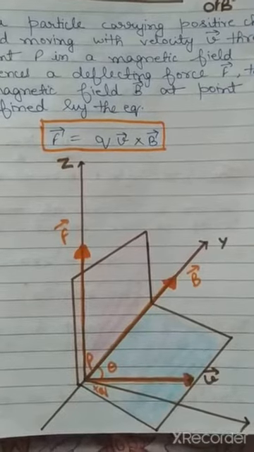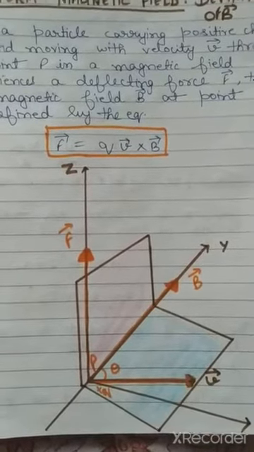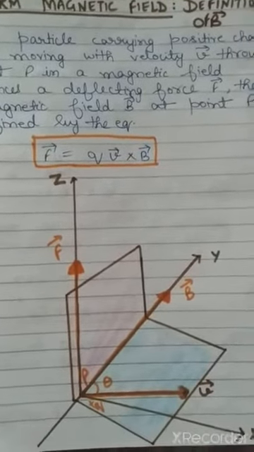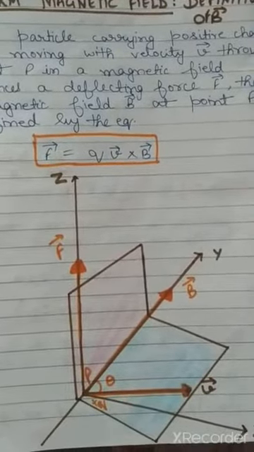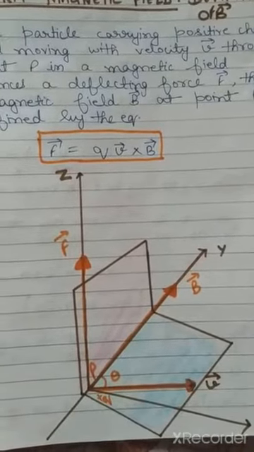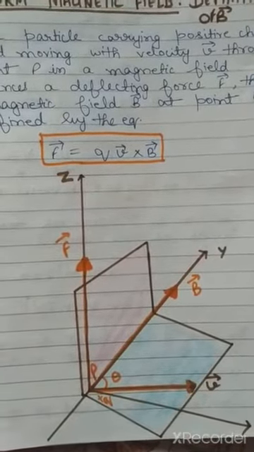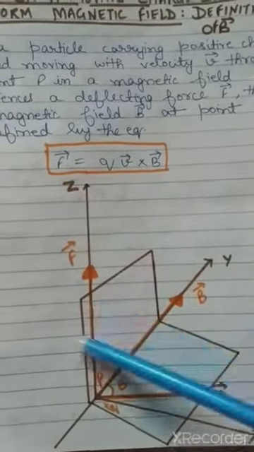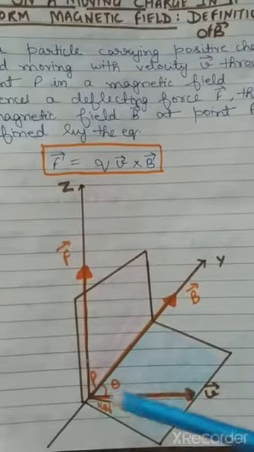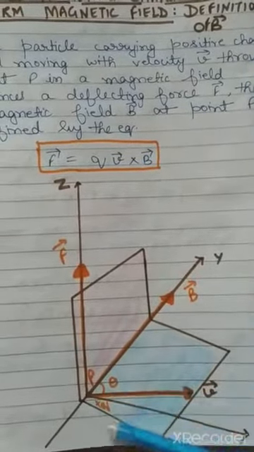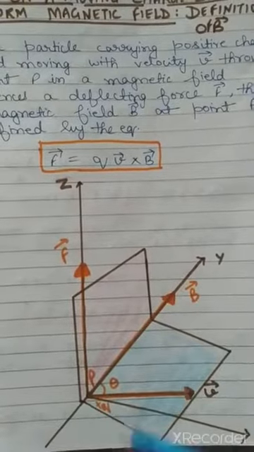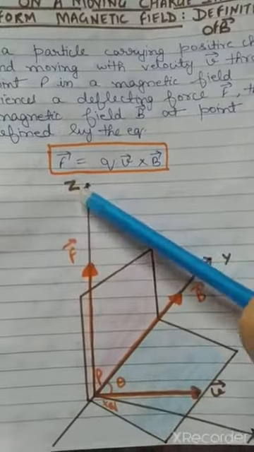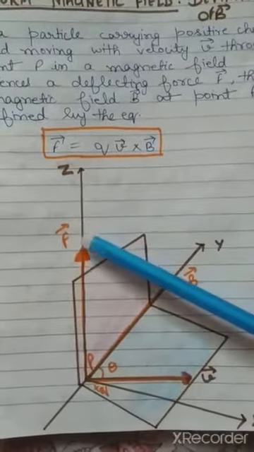Is it? By the vector product, you all have studied, I hope. In class 11 we studied scalar and vector products, and we found that the cross product of two vectors gives a third vector whose direction is perpendicular to the plane of the two vectors. So the direction of F will be perpendicular to the plane containing V and B. This is the plane containing V and B, the xy plane, so F will be in the z direction. Clear? So in this case F will be along z.